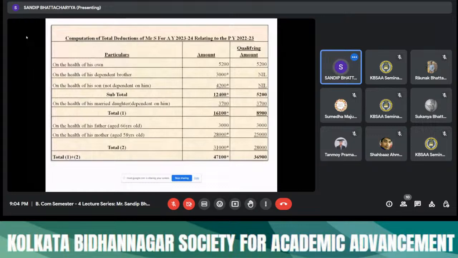Right? So if you are a senior citizen, then maximum is 50,000. If you are non-senior citizen, maximum 25,000. If your parents senior citizen, maximum 50,000. If your parents doesn't exceed senior citizen age limit, maximum 25,000. So এই পয়েন্টগুলো একটু খেয়াল রাখতে হবে।